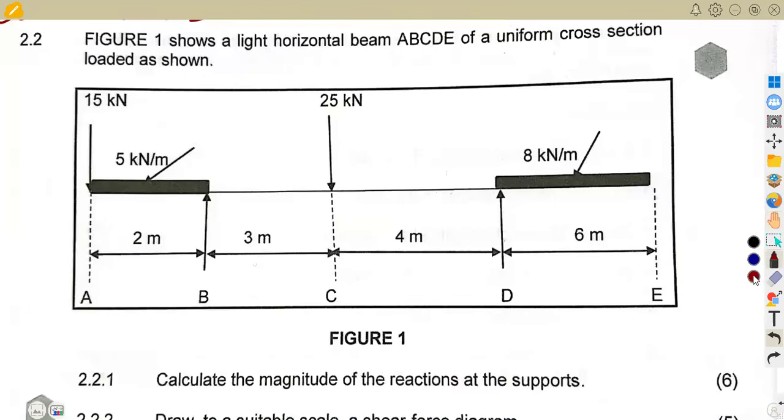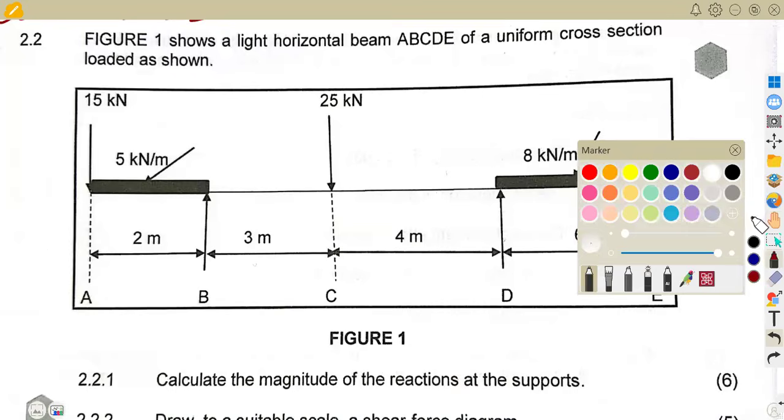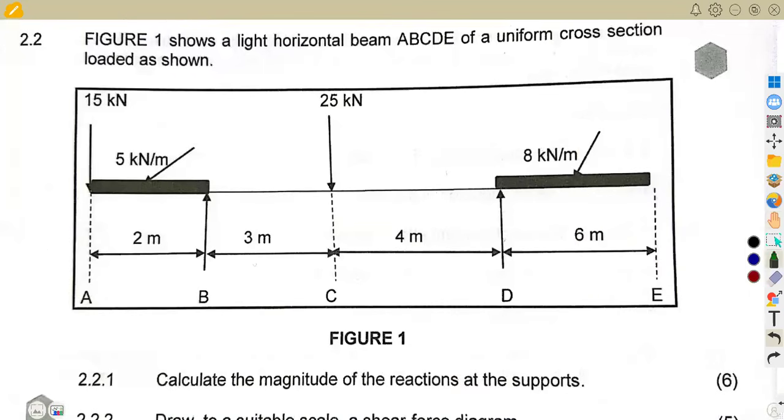Not forgetting that the definition can be written in basic ways. You can choose a way of writing your definitions in a way that you understand, which is fine. On 2.2, we are given Fig 1,